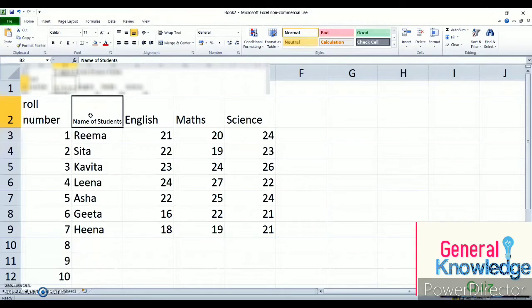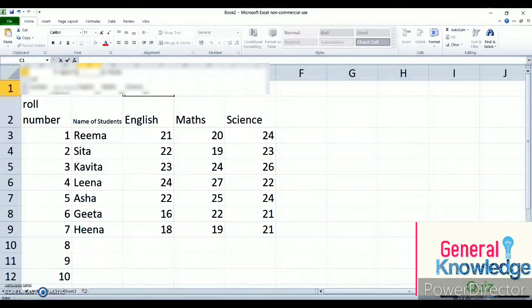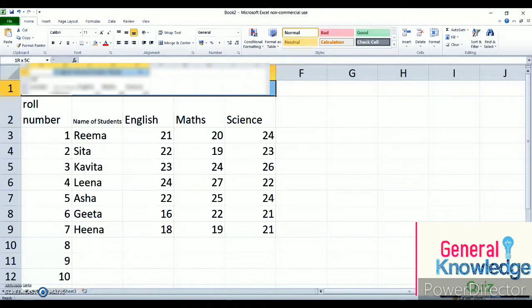Now, one more option is left, that is merge cells. Now, can you see this Father Agnes School Greater Noida? It is visible when I click here. If suppose I click and write something else here, it is going to overwrite, because it is a different cell. What I want is for the full text, The Father Agnes School Greater Noida, to come in one cell. What you can do is select the cells there. However many columns you want, select them fully.